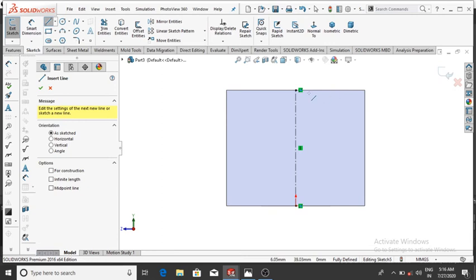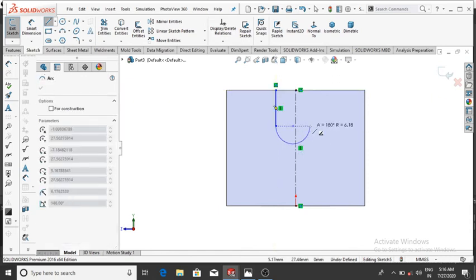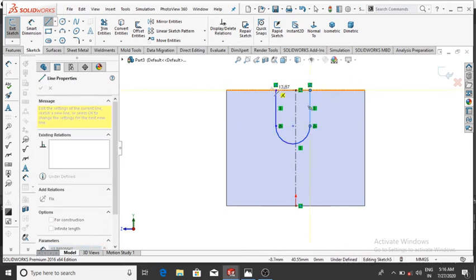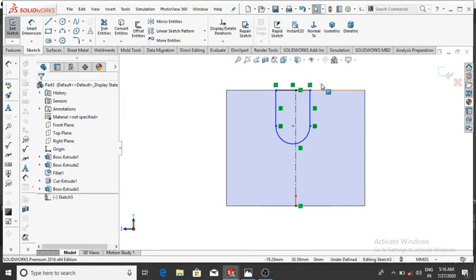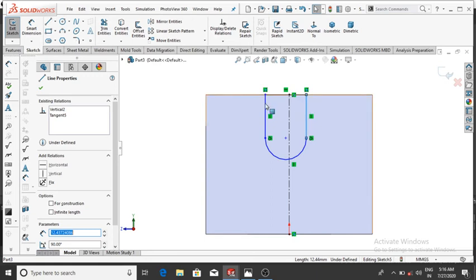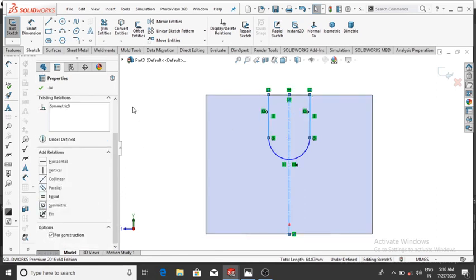go to the line and select the line up to this, and now drag it, then this line, and now join this line, and make the relation between both lines symmetric, so simply select this line with shift key, and now select this line and select this line and make it symmetric, then okay.